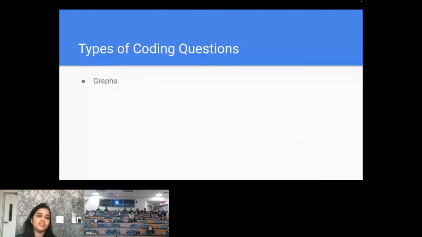One of the coding questions that I really like to ask in interviews is graph based problems. Graph based problems can be of different types. It can be BFS, DFS, and DFS with memoization. I would particularly like people to emphasize how valuable DFS with memoization is, and practice different types of problems, because DFS with memo is a relatively new concept compared to BFS and DFS. Usually I've seen people prepare for BFS and DFS, but they forget about the memoization. So that's a really nice concept that you should all know in an interview.